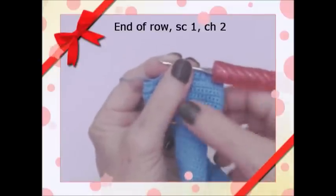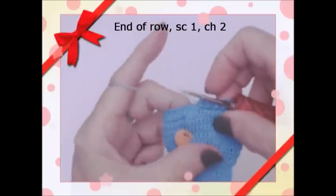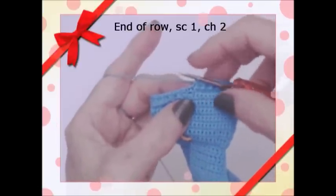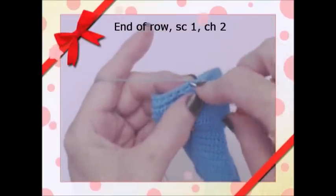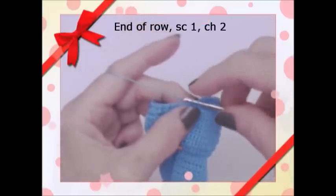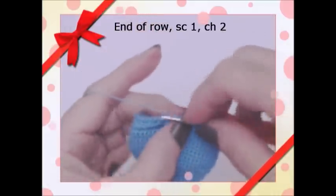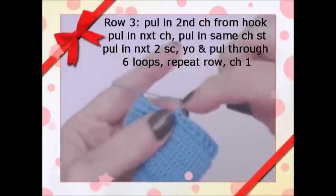Okay, so we finished row 2. That was the 2 single crochets in each eye. Now we come to the end of this, so we're going into the next single crochet that was left, and we're going to single crochet 1, all right, and then we're going to chain 1, 2. This is the starting of the third row, and this is how we'll do it each time that we do this pattern. So we're going to come down the second chain from the hook,